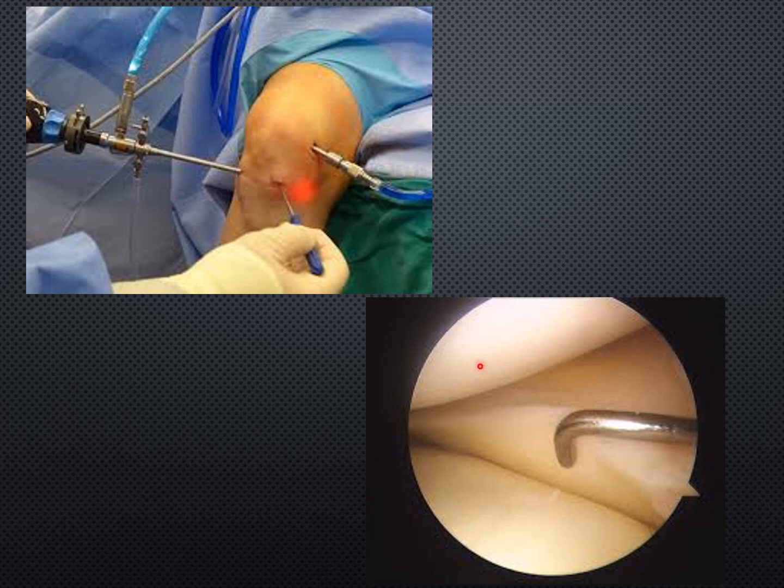So this is knee arthroscopy. You can see this is the image that is seen on the TV. This is the condyle of the femur. This is the tibial condyle, and this is the meniscus, the fibrocartilage meniscus that is seen. So it can be used for diagnostic as well as therapeutic purposes, to see if there is any meniscal tear or any other injuries within the joint cavity.